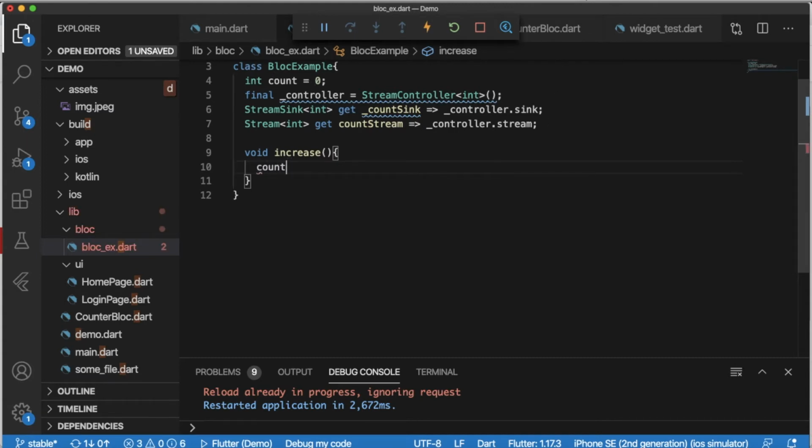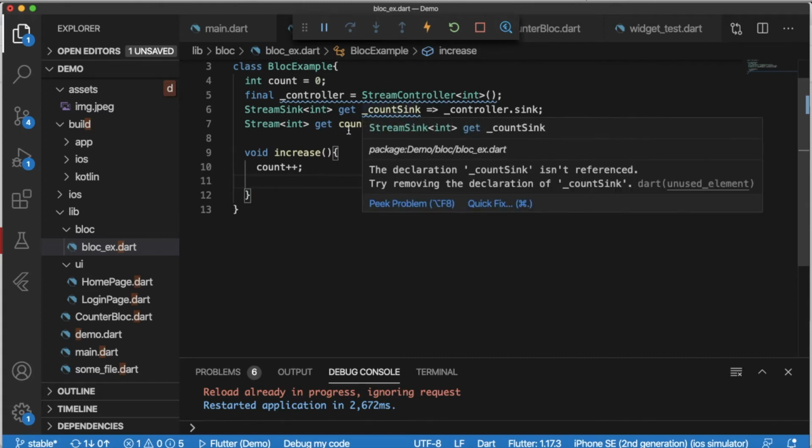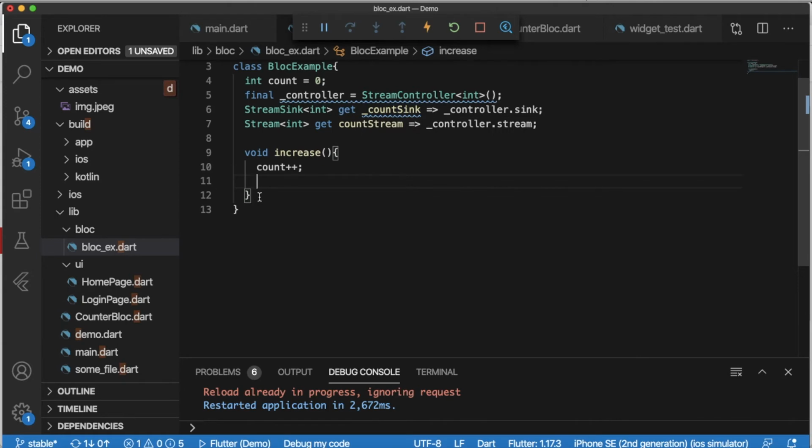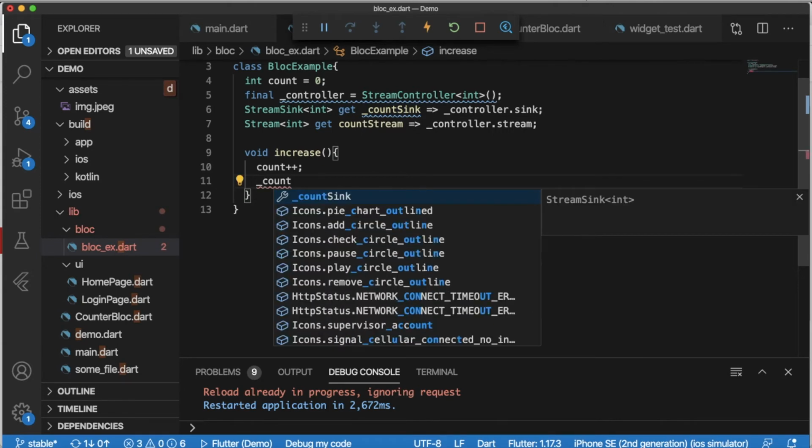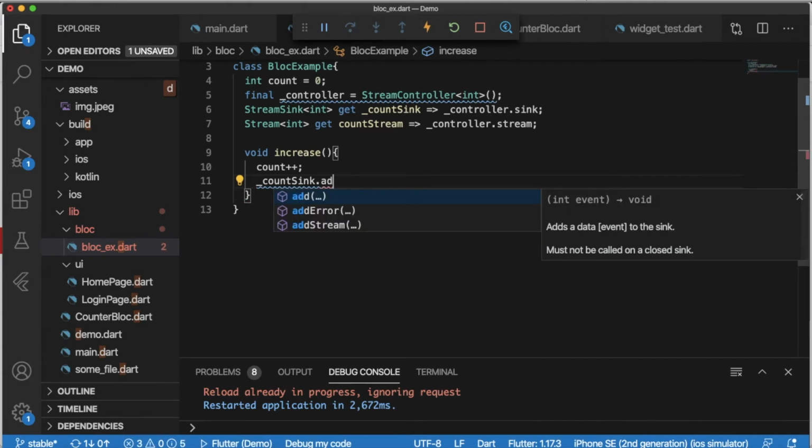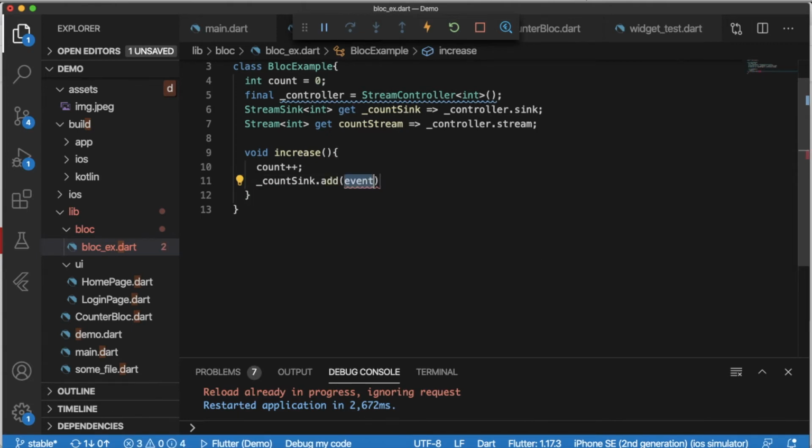First, count plus plus, then this counter would be added into this sync. So I will add this count, sync dot, there is a method of add. I will add this count. Okay, so we have created the increase method here.